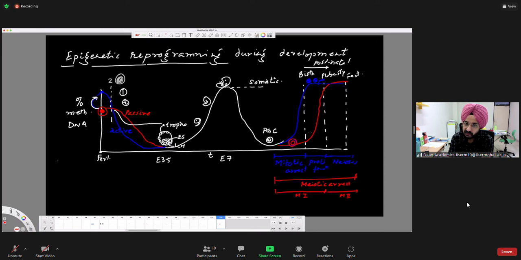Right, so this is what epigenetic reprogramming is. Okay, so there is an escape here from it. For example, everything will be demethylated in PGCs. Why? Because it has to remove the somatic marks. What are those marks? Some genes will be methylated, others are unmethylated. And you don't want those marks because you need to make germline cells. You need to make sperms and eggs.